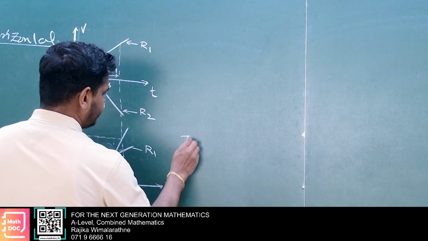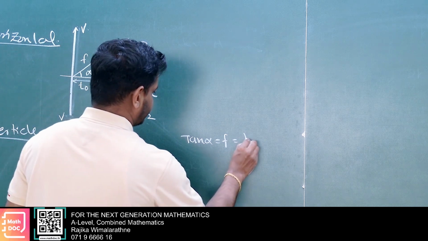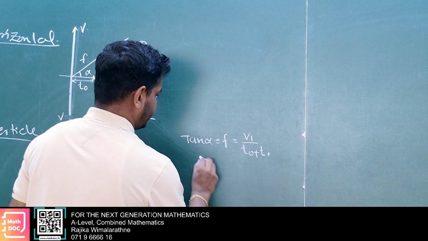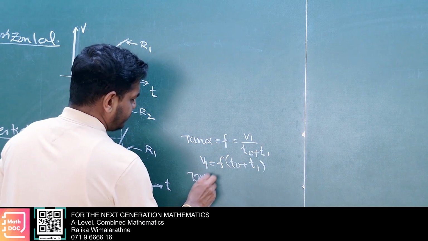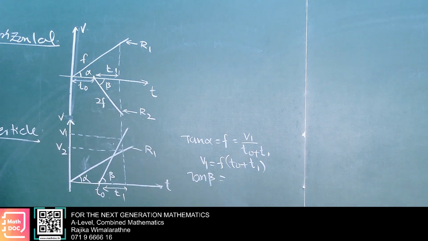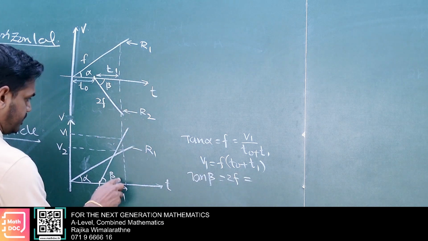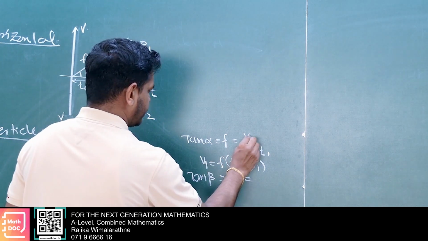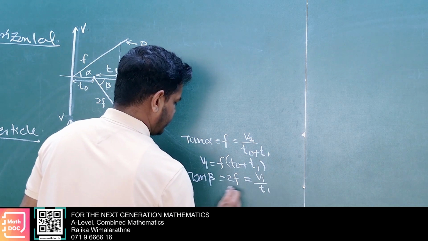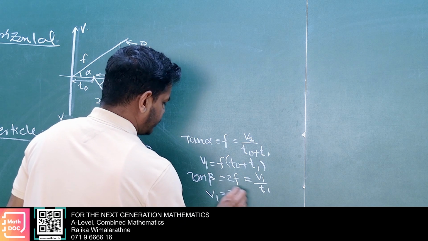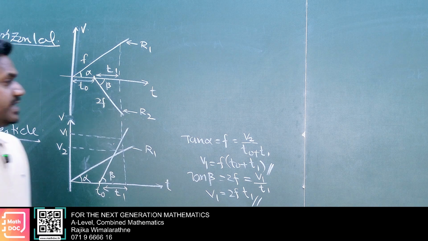I'll write here tan alpha equals F, that is V1 over T0 plus T1. Then tan beta has value 2F. This is V2, no? V2 over T1, so V2 equals 2F T1. Okay, when they collide,